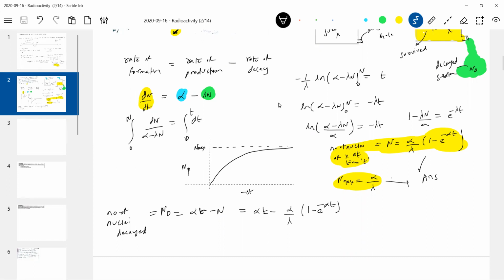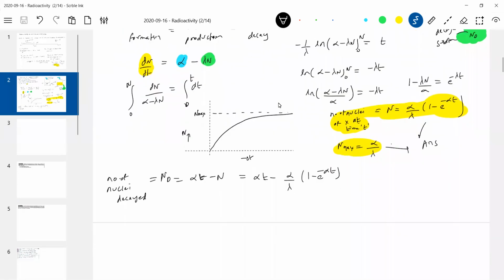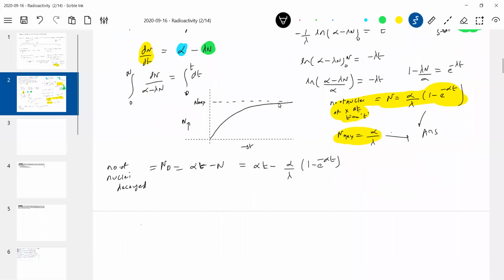Then how to calculate the temperature of the water? We know the number of decays, no? So what is the total energy released? Energy released. In each decay, let E naught be the energy released in each decay process. Then how many decays have undergone? ND. So the total energy released will be ND into E naught. Then what is the efficiency? Efficiency